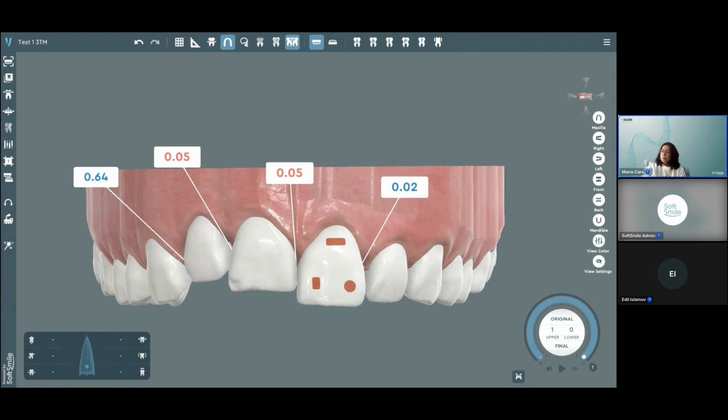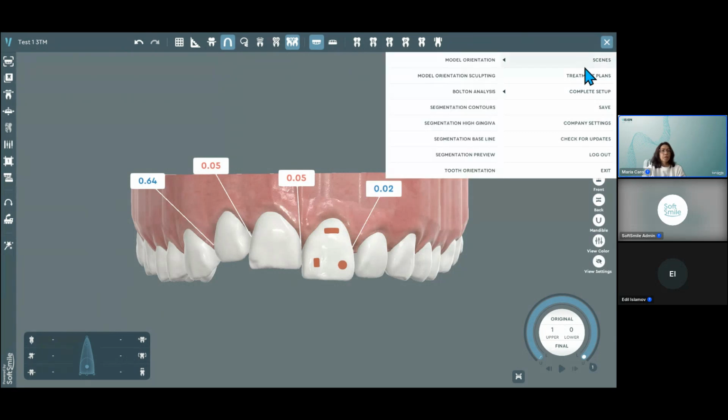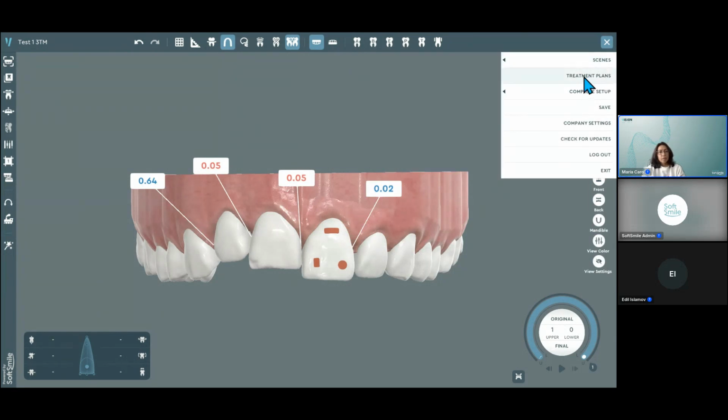Okay, so now we're going to move on to our next topic, which is alternative treatment plans. Alternative treatment plans will really allow us to generate multiple treatment plans for the same case. And so where do we find this? We're going to go into the menu option, and we're going to look at the second heading, which says treatment